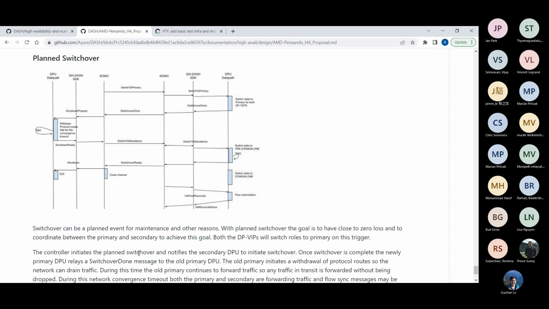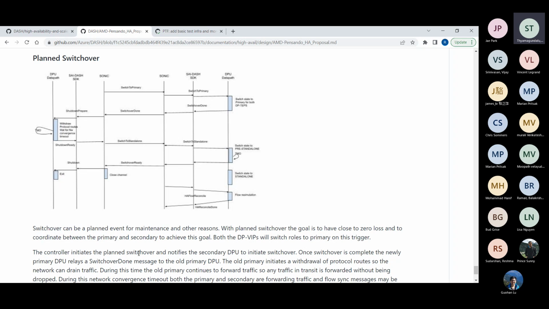After this, if you notice the lower part of this diagram, whatever we had to do with the flow reconcile, the same sequence follows on the new standalone. In this sequence, we have kept the active functional even when the standby had taken over as the standalone, until everything was complete on the standalone side.